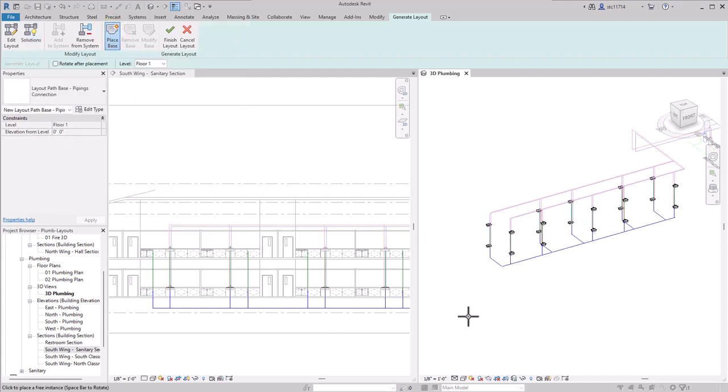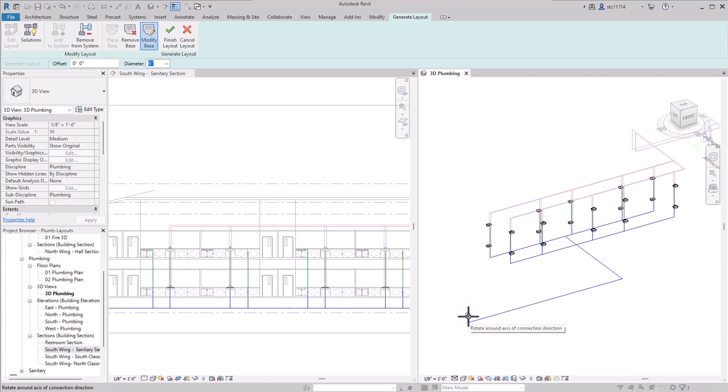command. Then I'll click down and to the left to give me a spot to drain to. Now I did just get a little error message there. It went away quickly, but basically it has a problem with this base, and I'm going to edit the base. I'll select Modify Base. And two things I'm going to change: the diameter of the pipe to 1 inch. But where the error was coming from was the offset. I'm going to put this to -8 feet so that it is lower than the rest of the pipes.